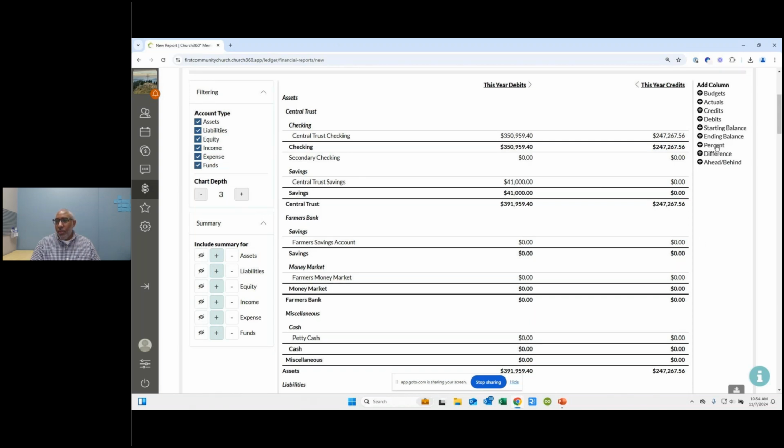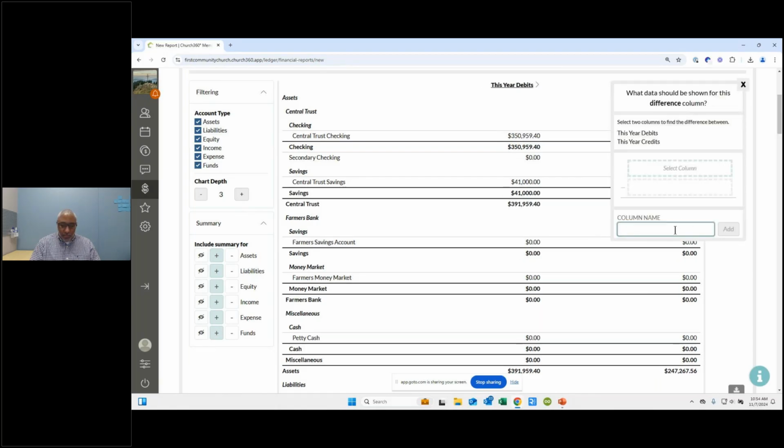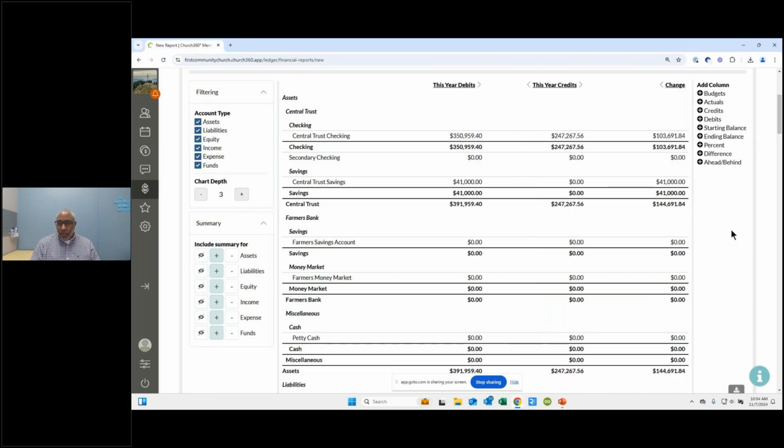So these last 3, percentage difference and ahead behind, this is a difference, and we're going to call this column change, is where we're going to see like the delta or the change between the two. So we're going to say debits in our first column. So we'll go up here, we'll click, and then we'll click the second one, and then that'll insert that in there and click on add.